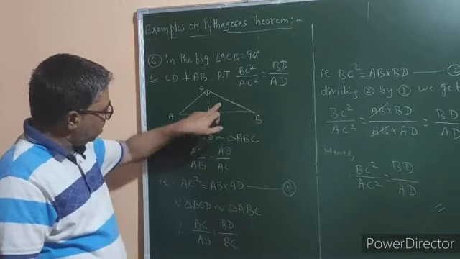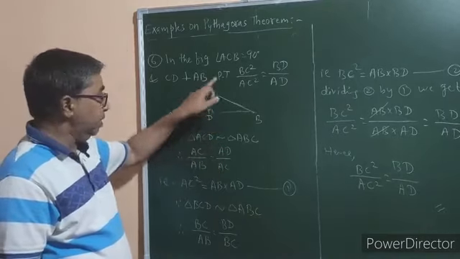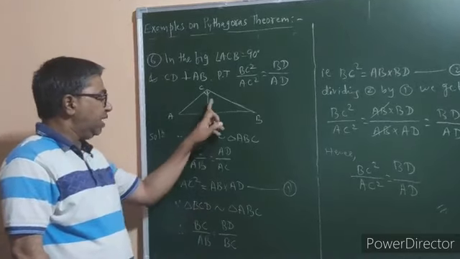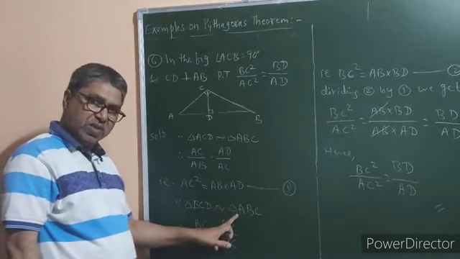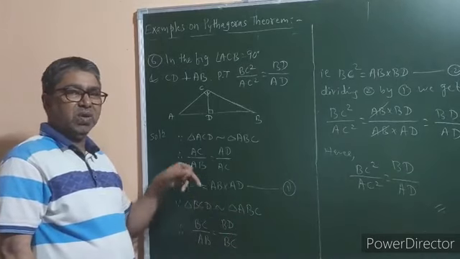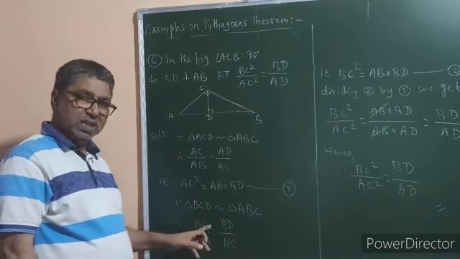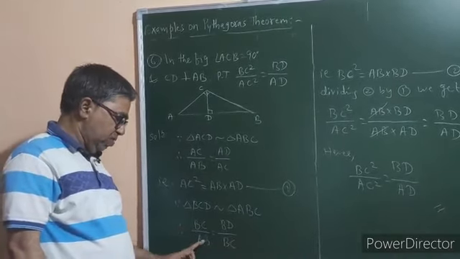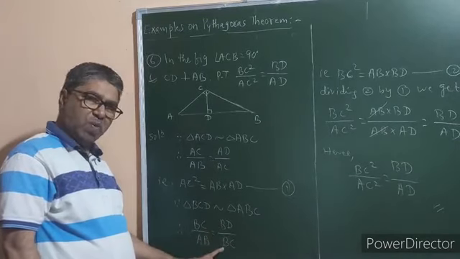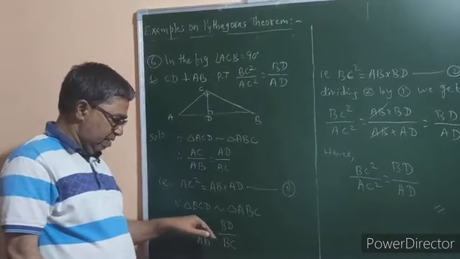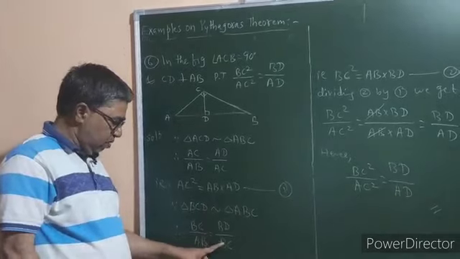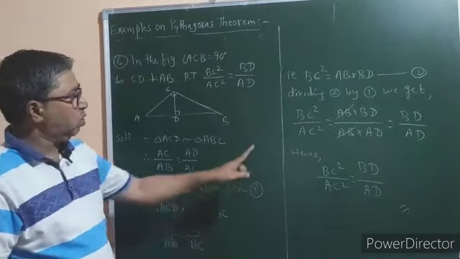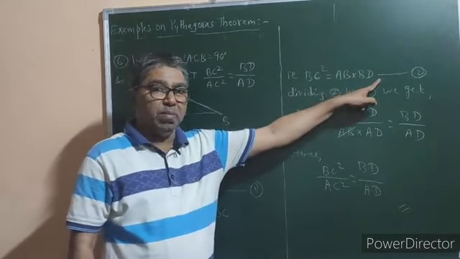So in the same way, this triangle is also similar to triangle ABC. So since triangle BCD is similar to triangle ABC, therefore by the definition of similarity of triangles, their corresponding sides are in proportion. Therefore BC upon AB is equal to BD upon BC. Again by taking cross multiplication, BC into BC, BC square is equal to AB into BD. Call this as equation number 2.